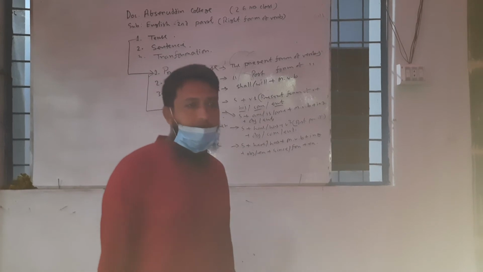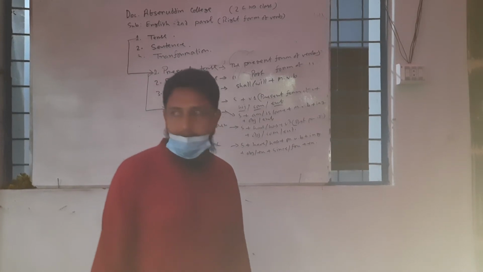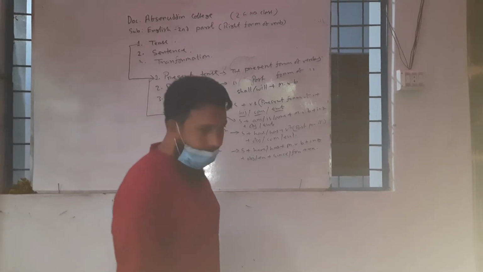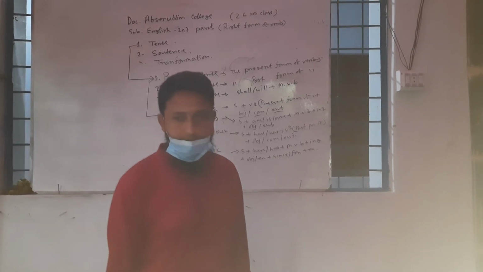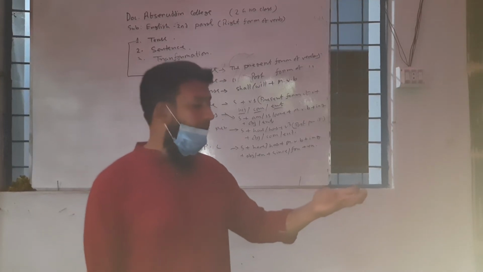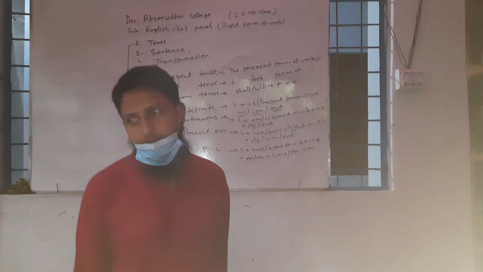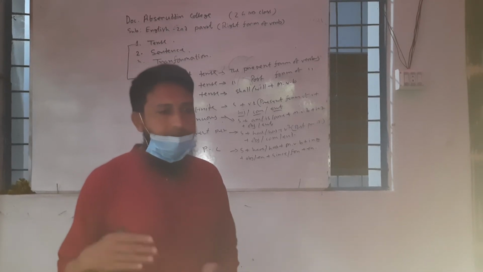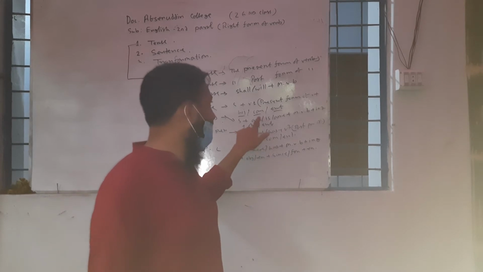And then if you want to write the example, I am a student of intermediate level, that moment you cannot write this in this structure. Why? Because I is a subject, this is correct. Am is a verb, that is called mainly linking verb. However, I am a student of intermediate level. Here, the student of intermediate level is the complement of I.